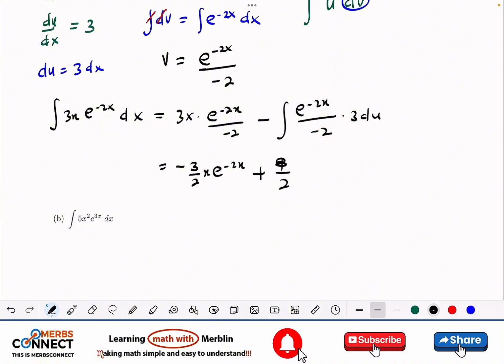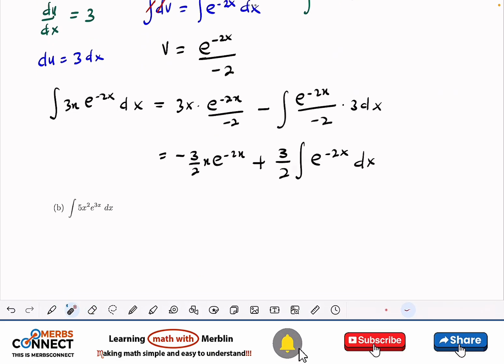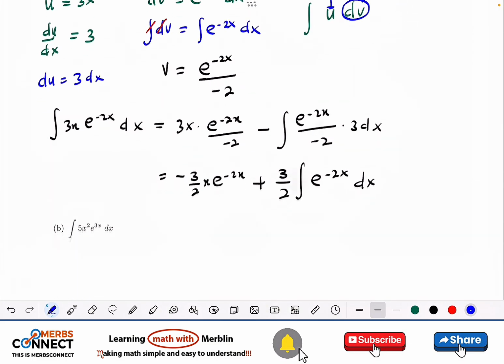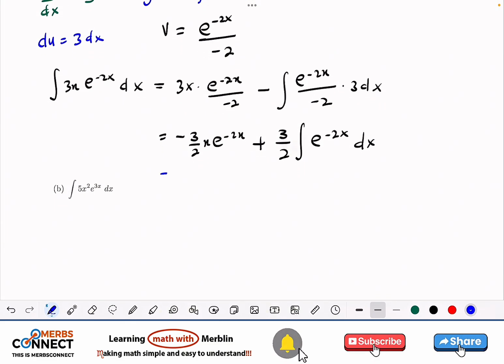So I can write this one as 3 over 2 times the integral of e to the power minus 2x dx, because du is equal to 3 dx. Now let's finish that one up. This is going to be minus 3 over 2 x e to the power minus 2x plus 3 over 2 times